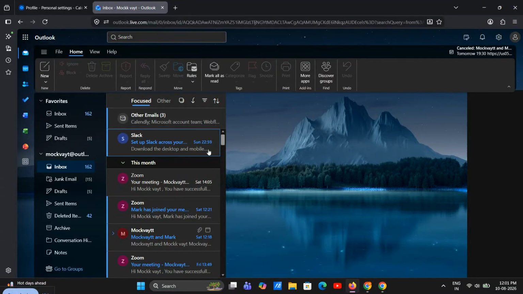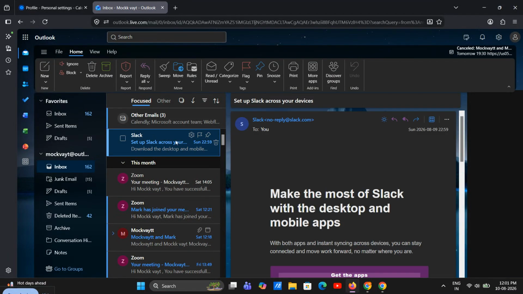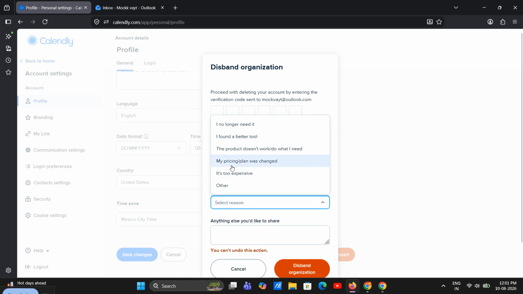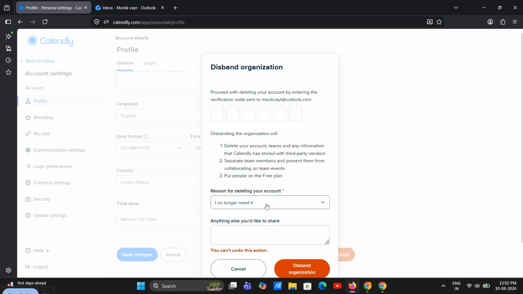Next, Calendly will ask you to select a reason for leaving. Choose the reason that best fits your situation. This is usually a required step before the final delete button becomes available. Once you've selected a reason, click Delete to finalize the process. At this point, your Calendly account removal request should be completed. If you are only leaving an organization, make sure to double-check that you've fully exited the right workspace or team. If you are deleting the account completely, your access should now be removed after confirmation, and that's how to remove